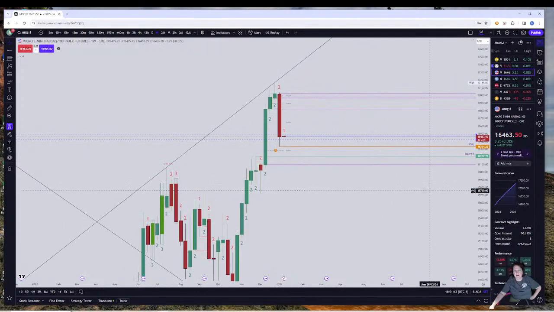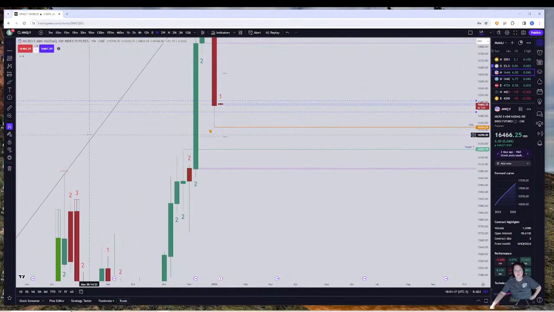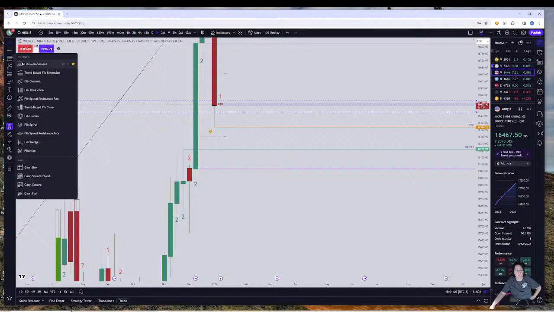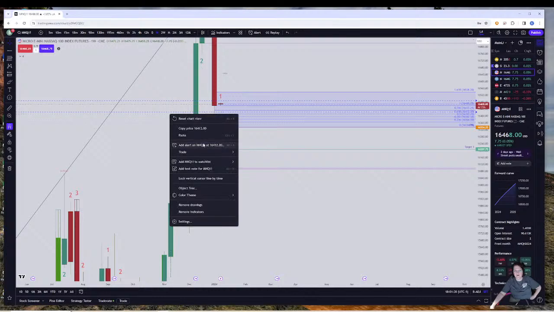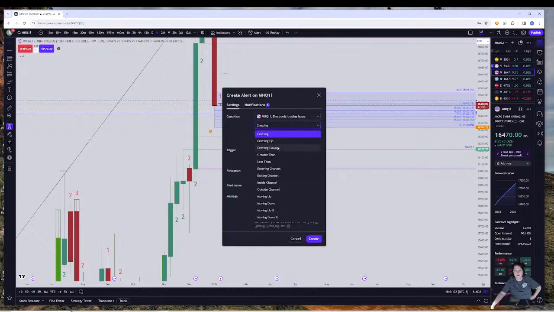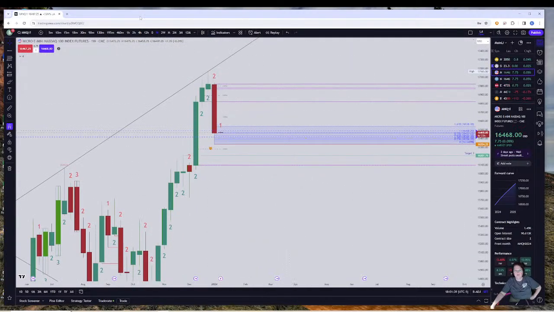Again, this is something I came up with. This is not strat, but if you look on a smaller time frame, you'll probably be able to see your strat entry from here to here. It will let me know whether we're more than likely going to go 2 down, and I'll mark an alert there. Okay, so that's your weekly view.